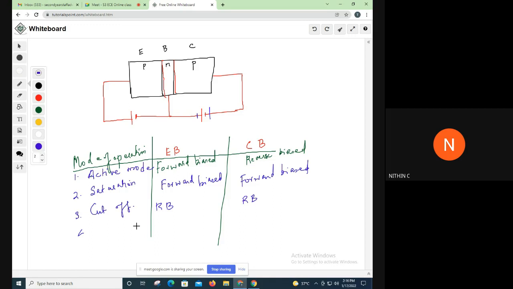Come on, tell me. What are the applications of a transistor? Where do we use these transistors? Yes, a transistor can be used as a switch. What do you mean by switch? Can you be a little more specific? Yes, it can be used as an amplifier. Transistor as an amplifier and transistor as a switch: these are the two phrases we often hear when we are asked about the applications of transistors.